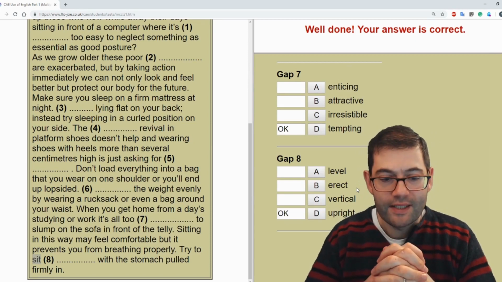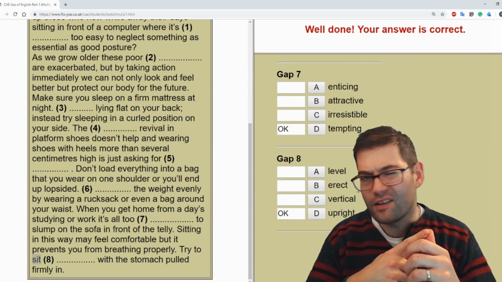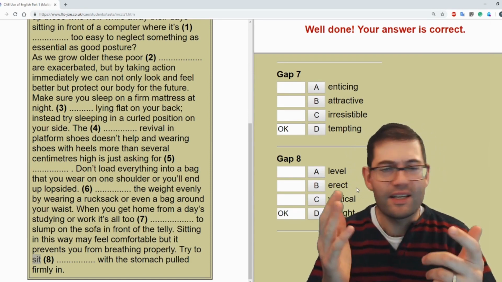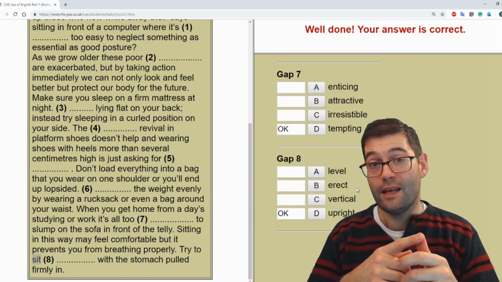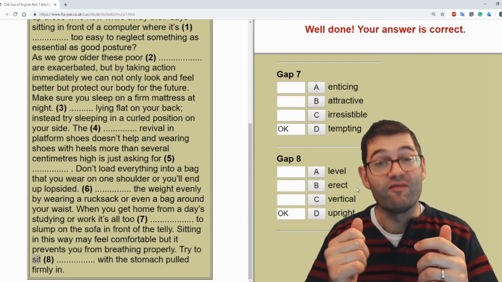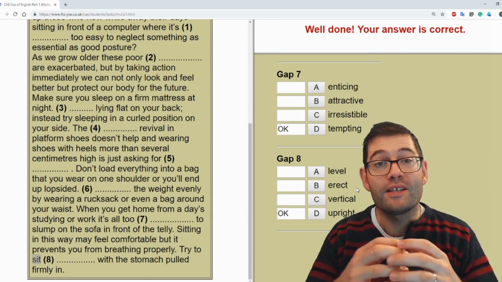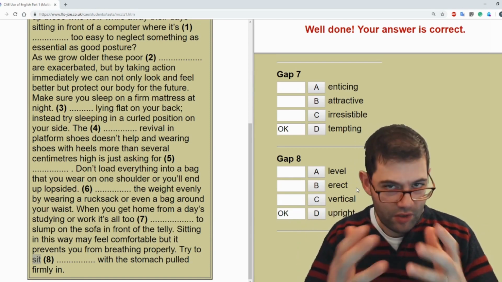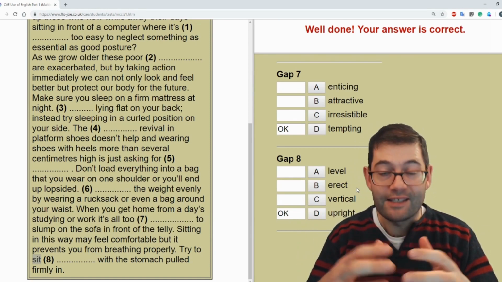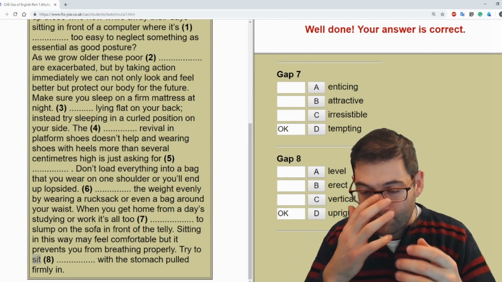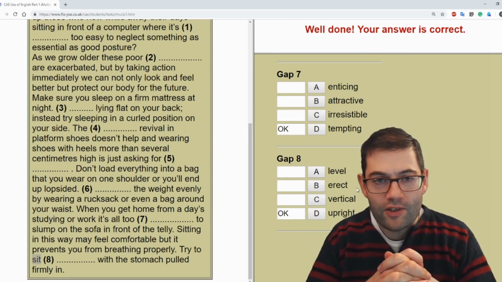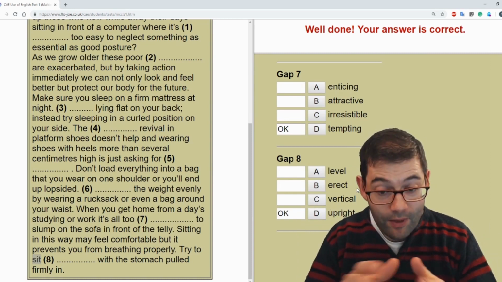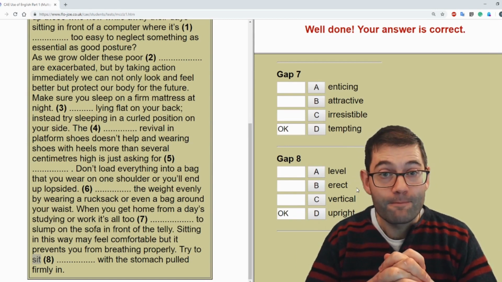It is upright. Try to sit. You can't say levelly. You can't say that. Try to sit in a level position. It doesn't make sense. Try to sit erectly. Doesn't make sense. Try to sit vertically. Doesn't make sense. Try to sit upright is the correct answer. And of course, we are just giving you the adverbs there as if the answers were adverbs, but of course they're not, they're adjectives, and we can't change the answers in that way. So the only answer that's correct in this context, in this question, is D, which is upright.